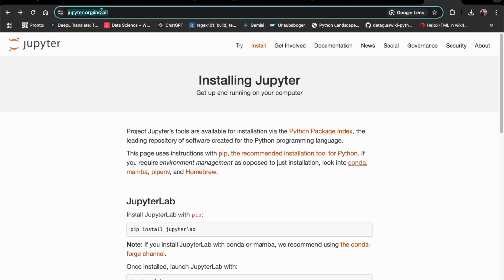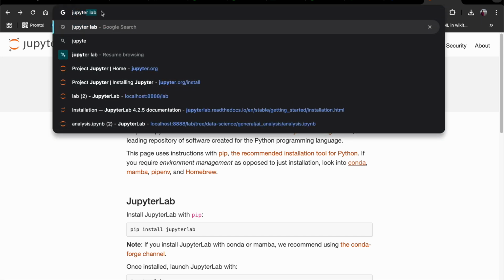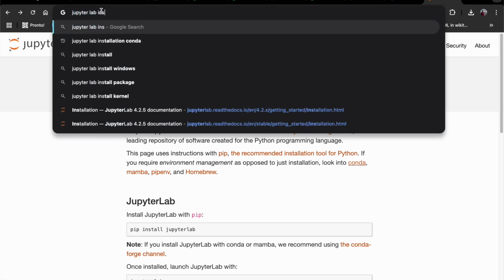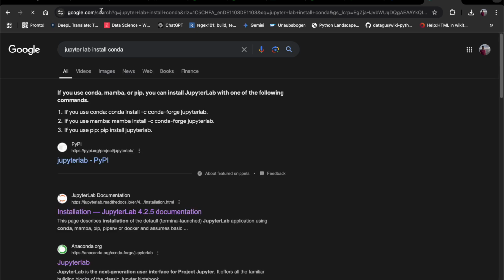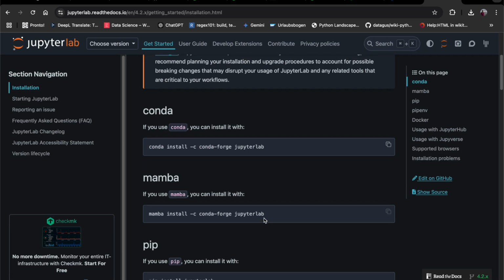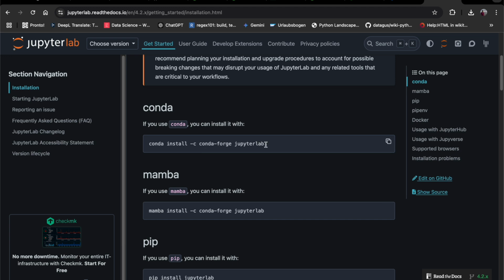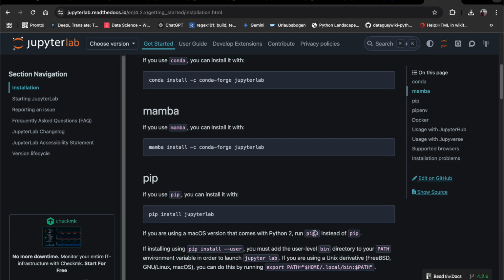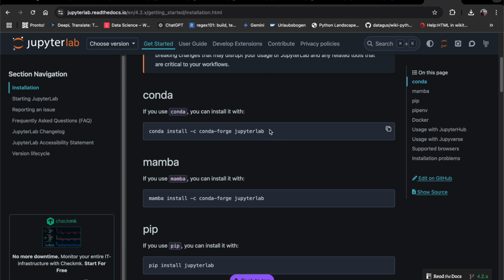You can Google, for example, install Jupyter Lab Conda, Jupyter Lab documentation. You can follow the installation here. Okay, so it's very straightforward as well. You run this in the terminal. That's it. But very important,